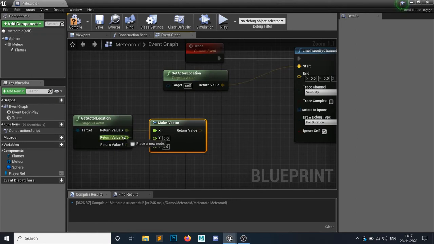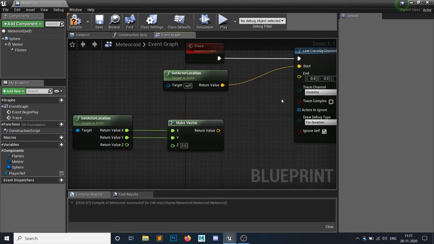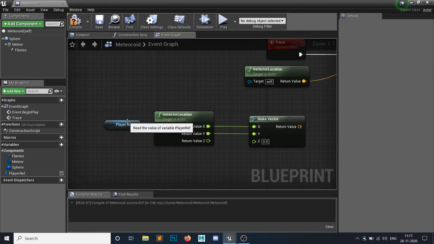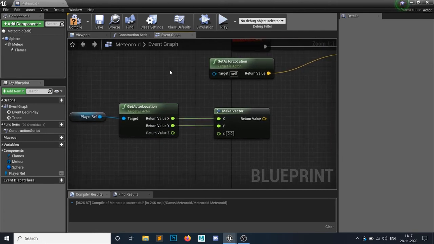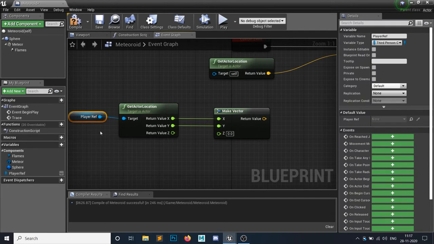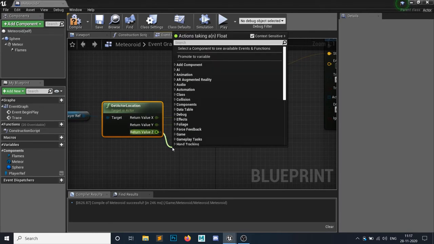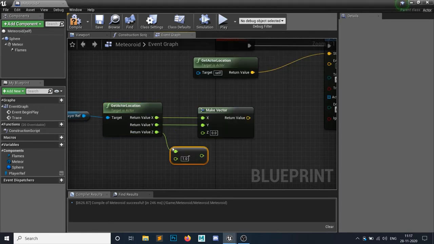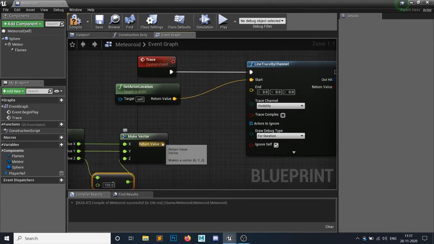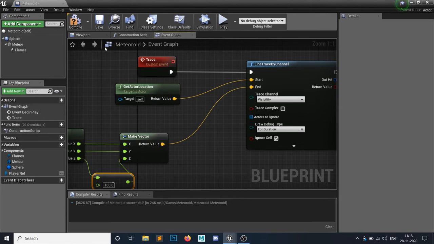So X and Y would be in here, but the Z, I don't want this to hit the player. I want to hit wherever my player is on the floor. So I want to hit the floor, not the player. So wherever my player is, I simply need a minus of Z, and let's say my floor is minus 1000. So it will simply block if it's not in the 1000.